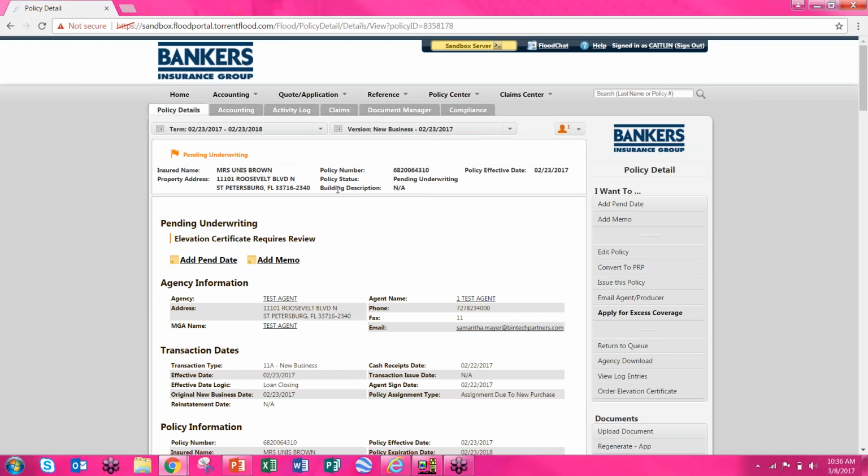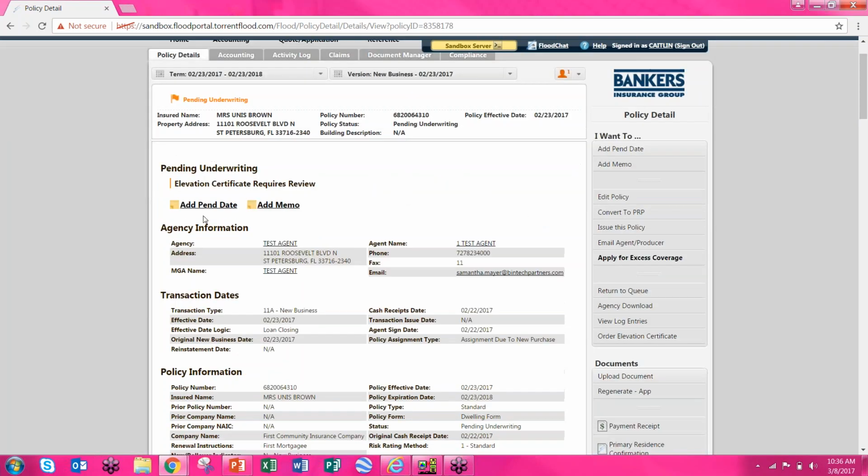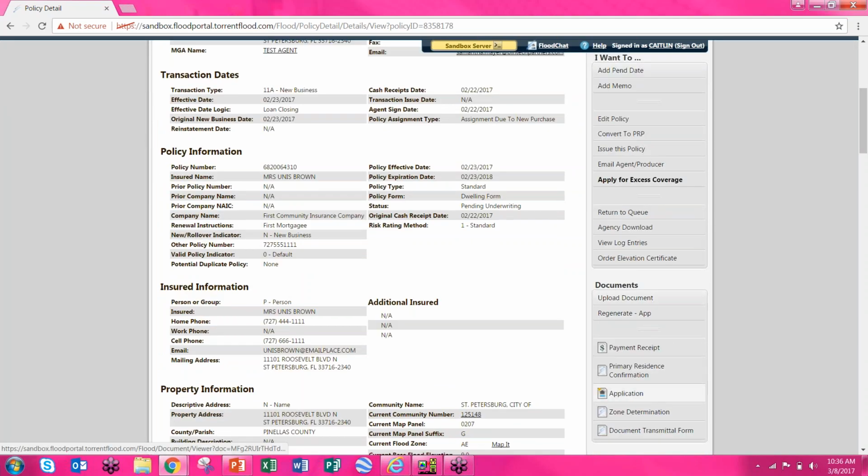As it goes through, as you can see, it's the insured's name, the status of it, and the effective date of the policy. Under this, you will not have add pen date or add memo, but you will see that we're waiting for an elevation certificate requires review, because we are waiting for the elevation certificate. As you can see underneath documents here, we do not have it. So if this was your policy and you do have the elevation certificate, photos, and any other underwriting information that we're requesting,